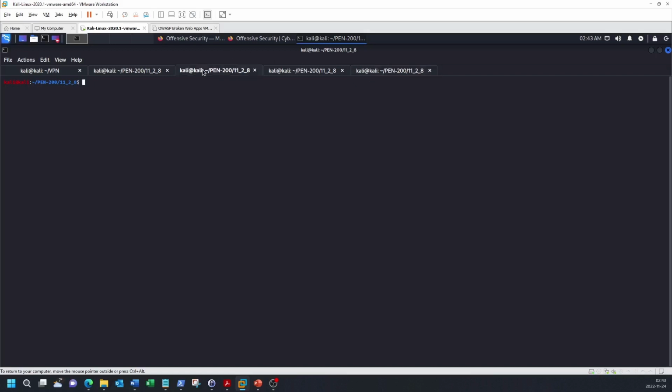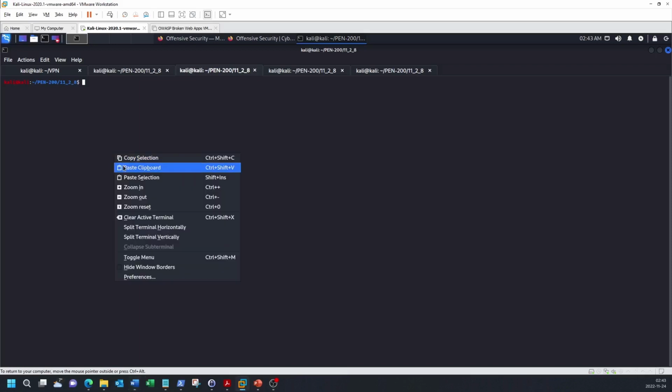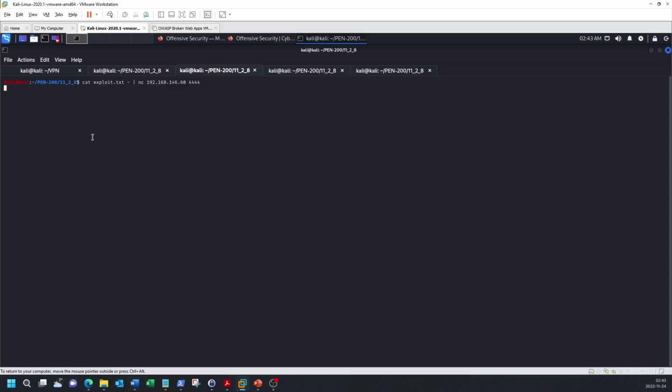Next, send the exploit.txt file to VM number 1 via netcat. There are a few important points to note here. Make sure that you include the hyphen after the file name. Make sure that the IP address matches VM number 1. After you run this command, you'll need to press enter a second time to send a new line. Alternatively, you could put byte 0A at the end of the exploit.txt file.